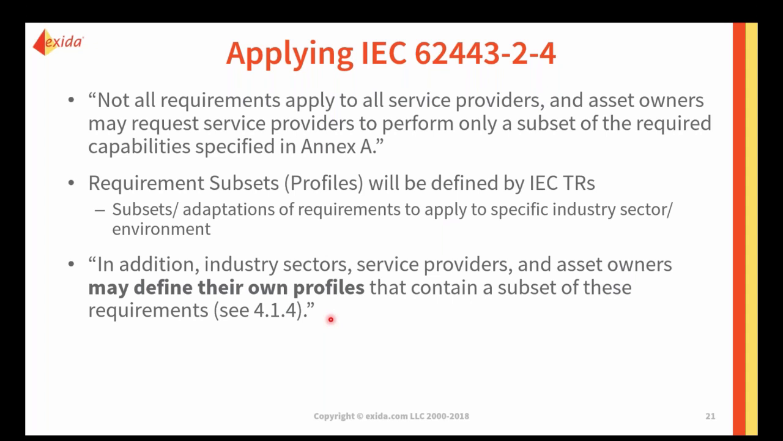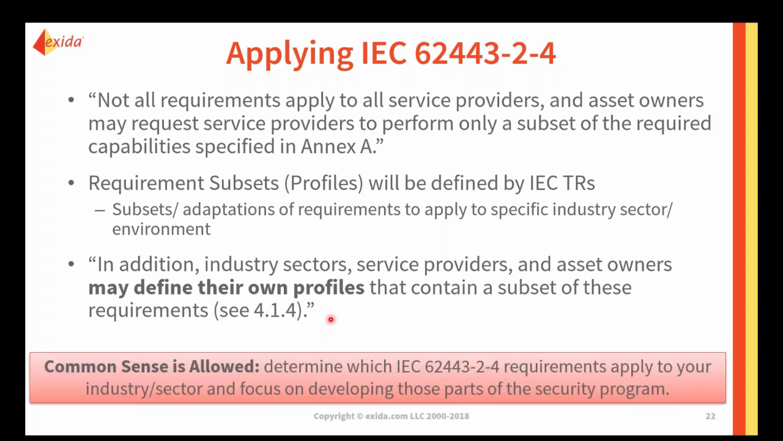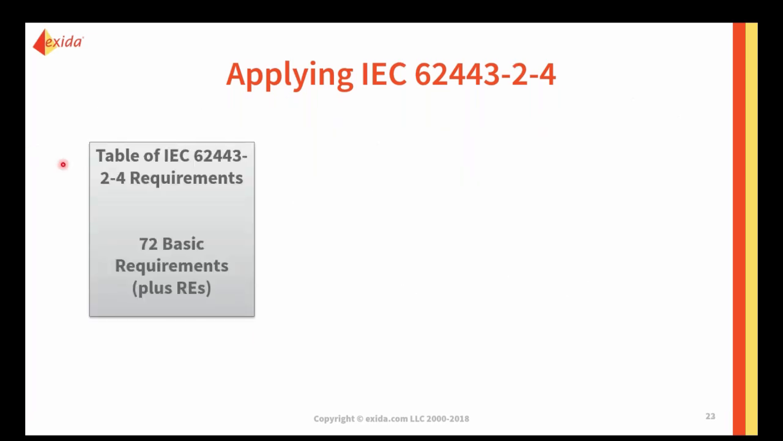What that does is it gives people a lot of flexibility to identify what the most important portions of the 2-4 standard are, and then make sure that they're meeting those requirements. The key takeaway is that common sense is allowed, and the process of going through and identifying what key portions of the security program need to be met is very helpful both for identifying what areas to focus on for the requirements, and also for specifying to asset owners what the services provided and what those capabilities are. To provide a graphic representation of how this is done,